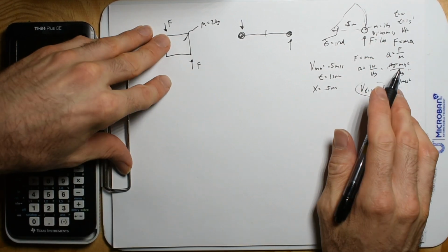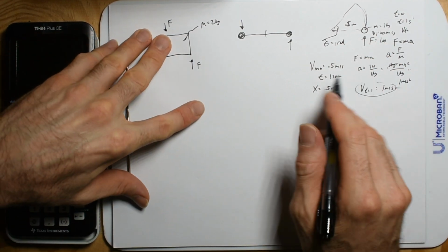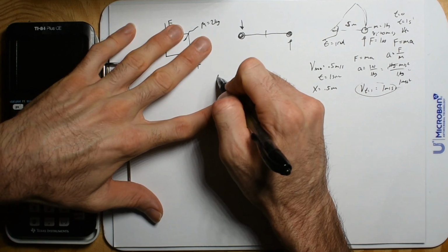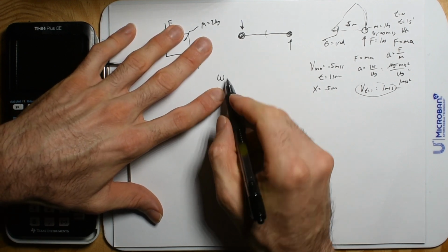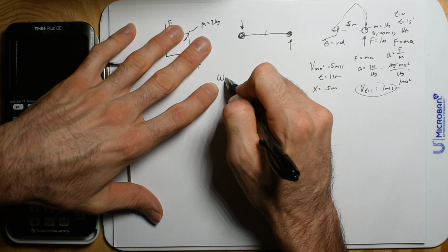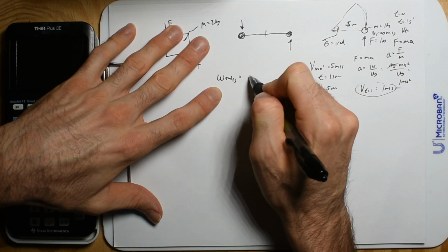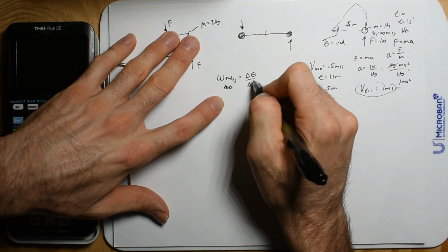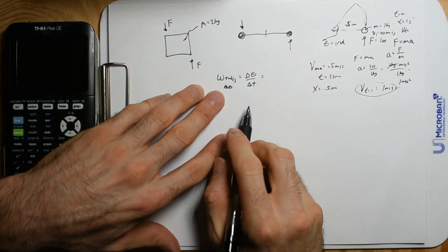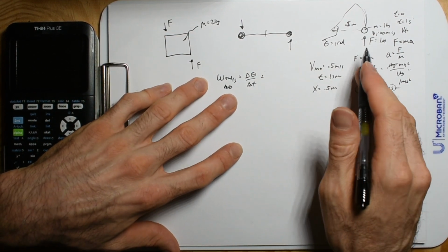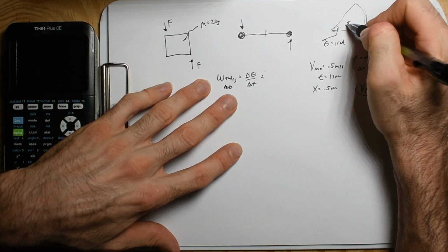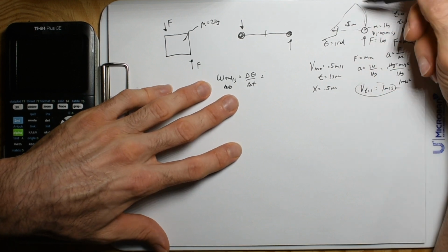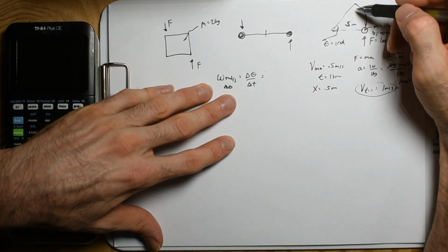Now when we go to find our angular velocity in radians per second, the definition is change in angle over change in time. But again, this is average. So in 1 second, we're going from 0 to 0.5, yeah, that's right, 0.5,